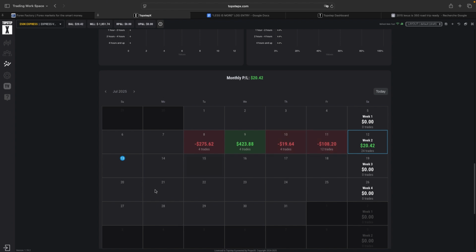But we're not here to dwell on the past losses, we're here to learn, and that's what we're going to do. So we're going to come back better for next week, more sharp and more locked in and ready to go.